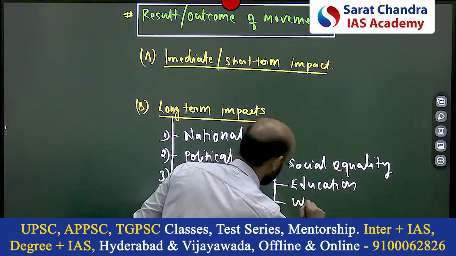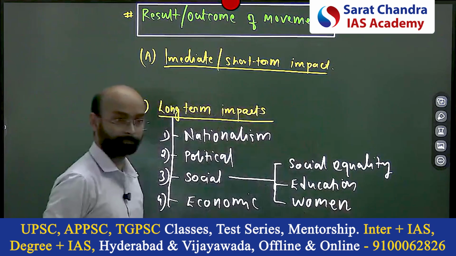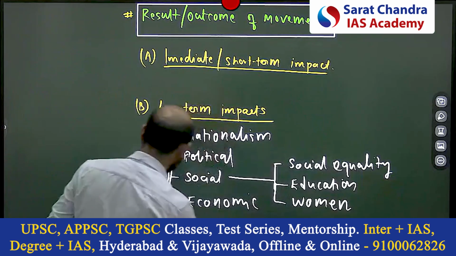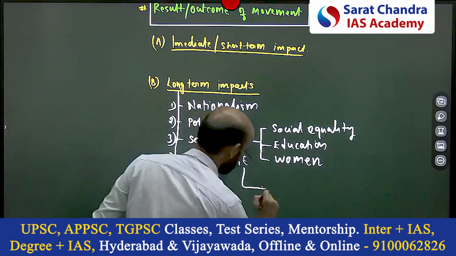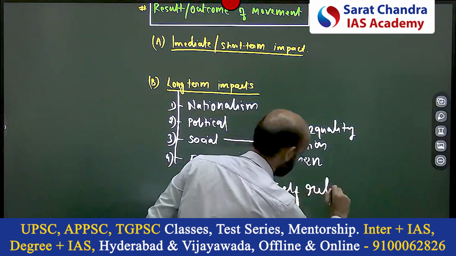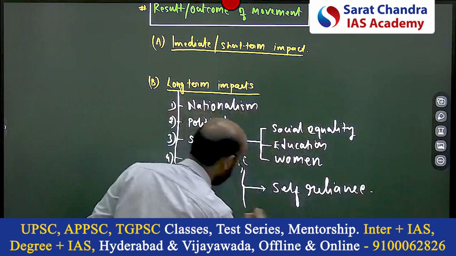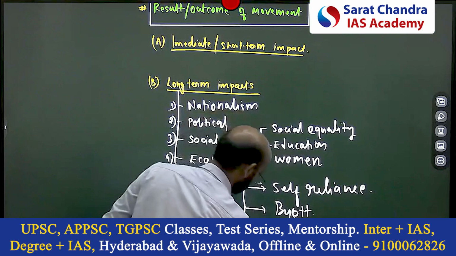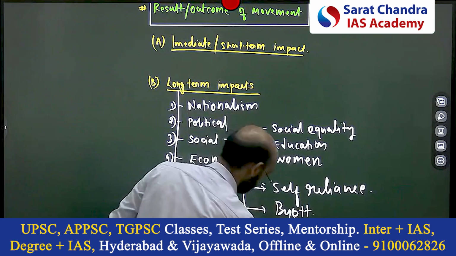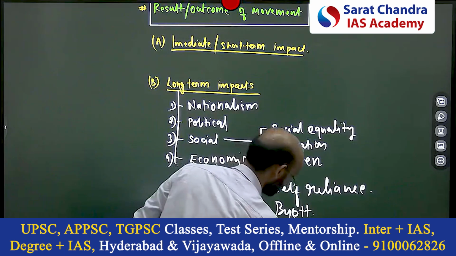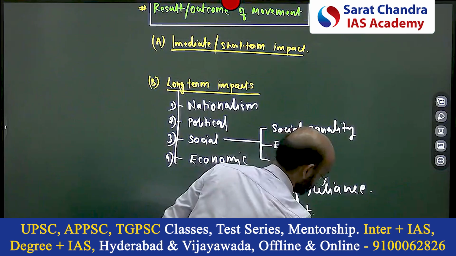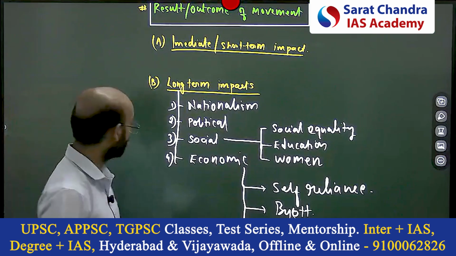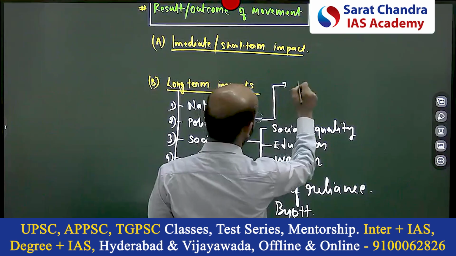Women participation was another angle. Social equality, mostly anti-untouchability. Here, the economic aspect was mostly self-reliance, Swadeshi, boycott of British goods, domestic industry or indigenous industry. Rural industry, cooperatives, and panchayats were the focus. Political, here most is the constitutional development,